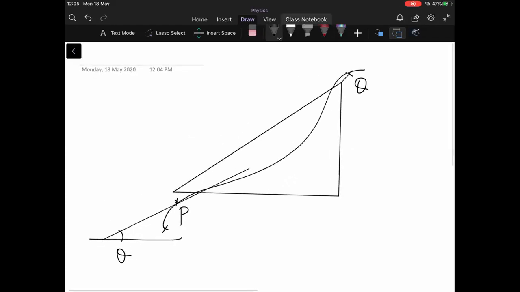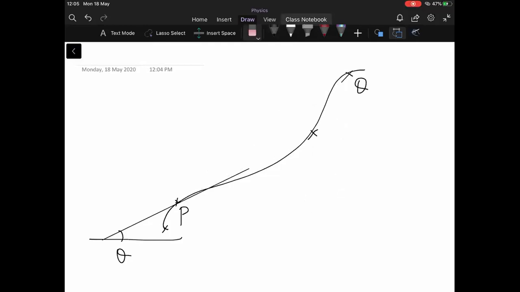So if I bring point Q closer to point P, closer in this direction, then this is my slope. Okay, I bring this point Q even closer. Now you can see that it is very close to the actual value of theta. This angle is alpha, let's say, and this angle is the actual angle theta. That is the slope. Now this will be quite close but not exactly equal to tan theta.